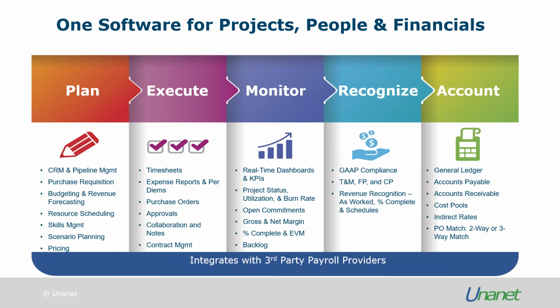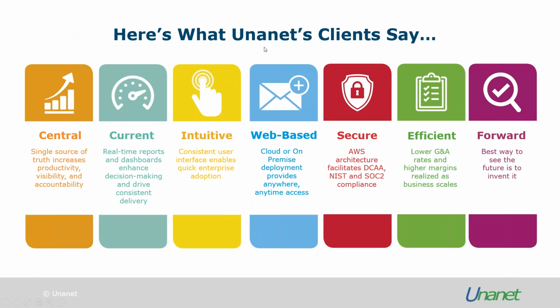And then it does billing and revenue recognition, so generating invoices, recognizing the revenue, whether it's a time and materials engagement or fixed price or cost plus type engagement. And then accounting, so full financials. So Unanet can either sit on top of a QuickBooks type system, or it could completely replace a QuickBooks type system for general ledger, income statement, balance sheet, accounts payable, accounts receivable, and really, probably most importantly for the project-driven nonprofits, the indirect cost calculations and allocations. So calculating fringe, overhead, G&A, and then applying those throughout the system.